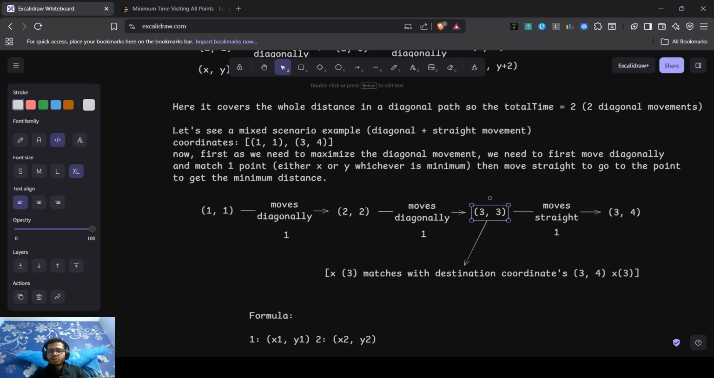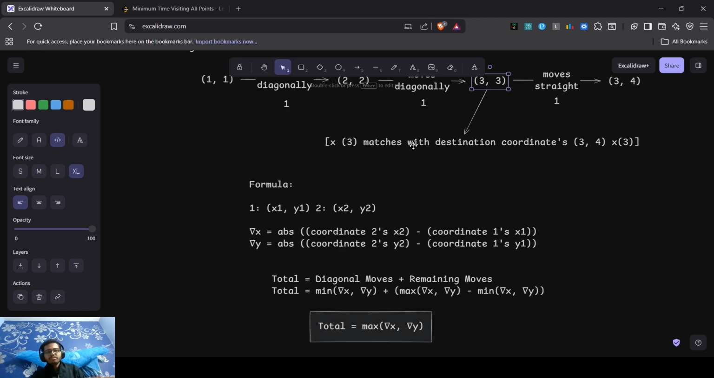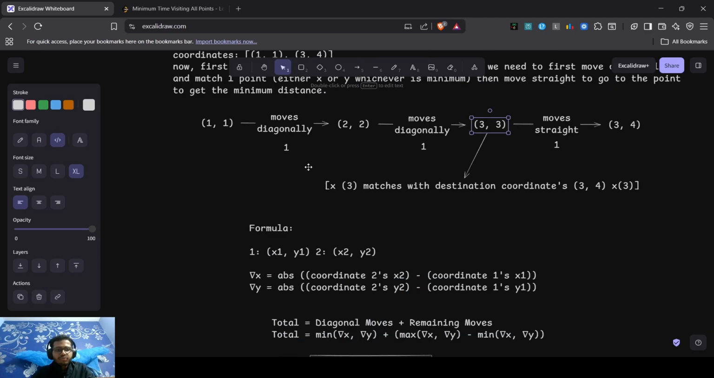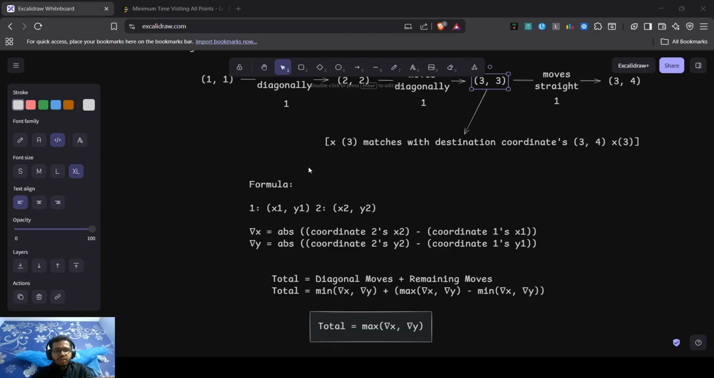So it goes from 3 comma 3 to 3 comma 4. Now, what is the formula? Let's see. The formula we are working on is,